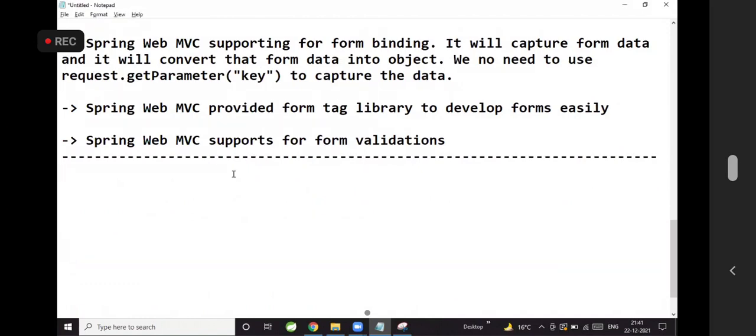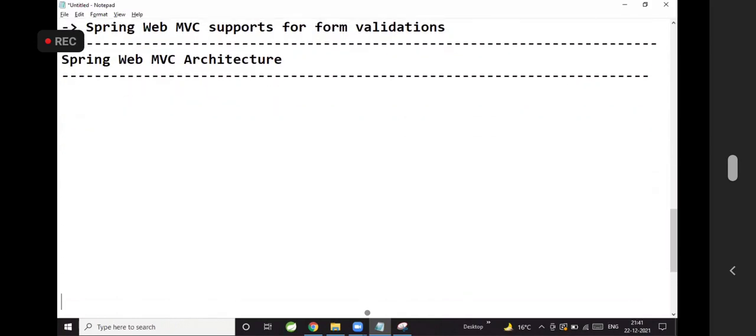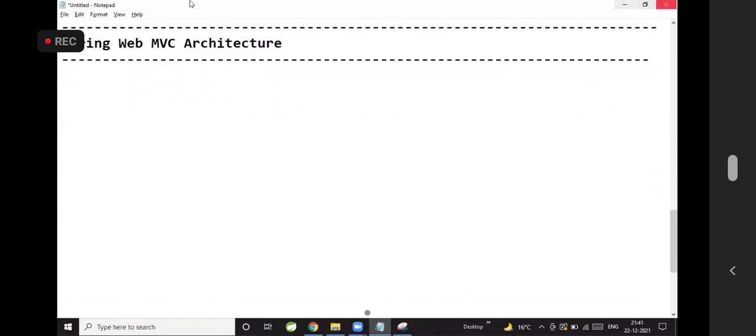Yeah, perfect. Web MVC architecture, guys. Spring Web MVC architecture. Very important. Now understand Web MVC architecture. The next 45 days of our course depends upon this architecture only.